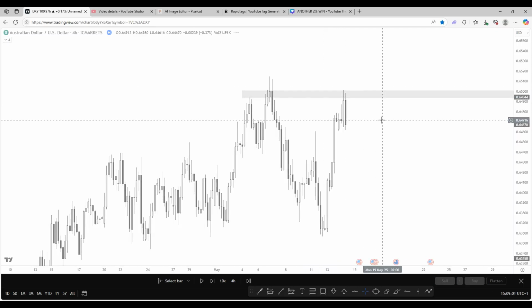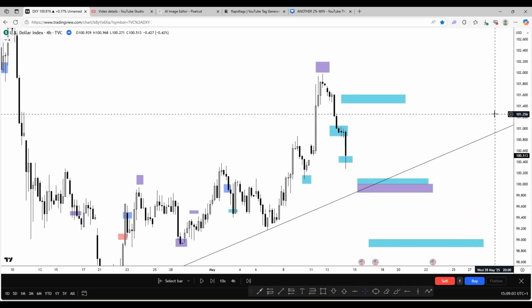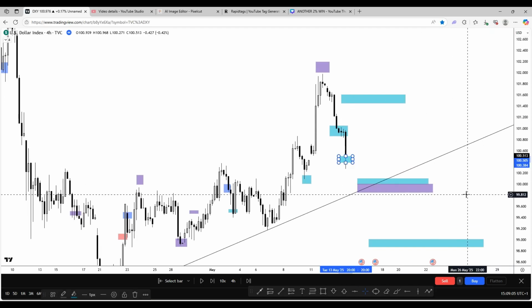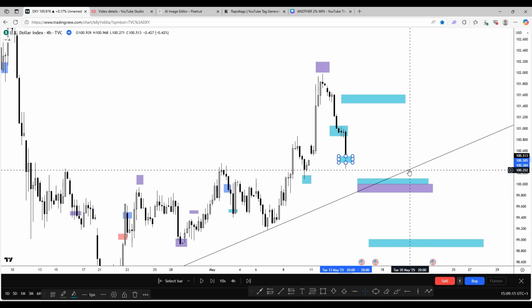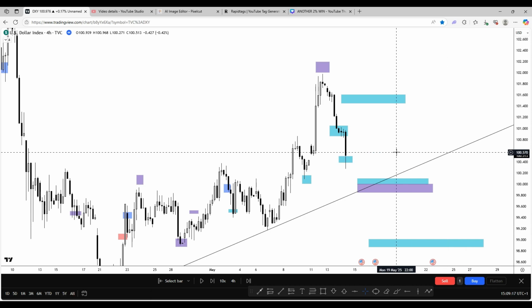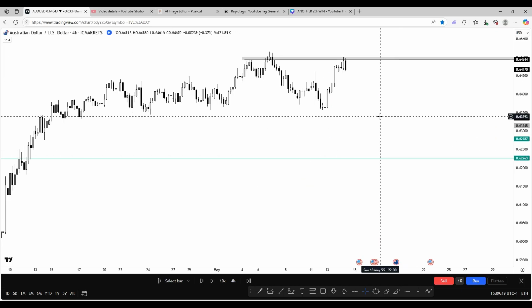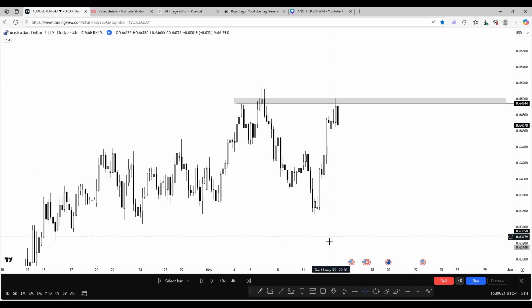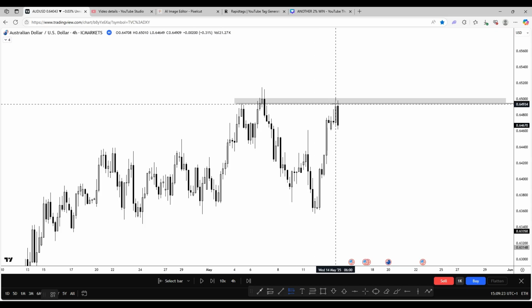If I just go quickly back onto the DXY, what did I use for a stop loss? Well, the zone itself here was from 100.38, and I would have taken that up to 100.55, which means it was about an 18 pip zone. Therefore, I can get away with a 30 to 35 pip stop loss. So literally, all I did, I entered live from this high,